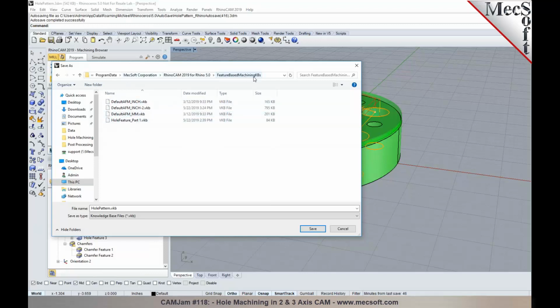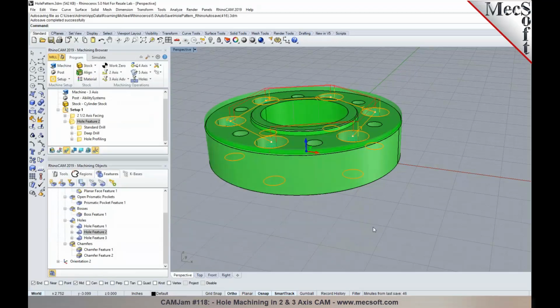And the feature based knowledge base folder can be found under ProgramData, Mecsoft, and the product that you're running. It could be VisualCAM 2019, RhinoCAM 2019 for Rhino 5 or 6, or VisualCAM for SolidWorks, under feature based machining, and you want to save it under this folder. Now by doing this, one of the benefits is if you happen to have another file that you'd like to